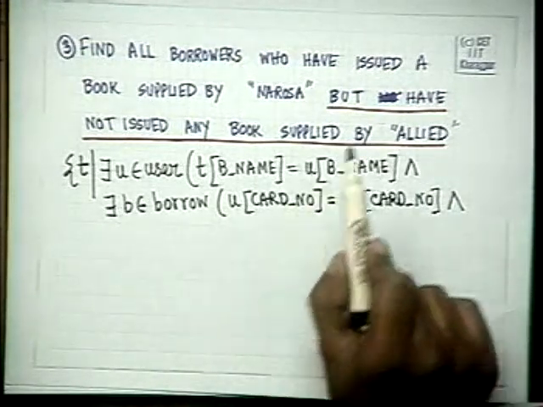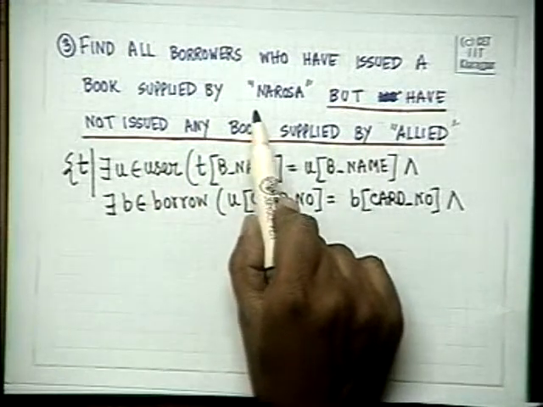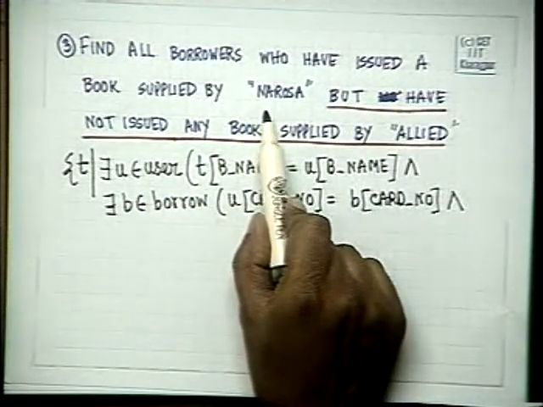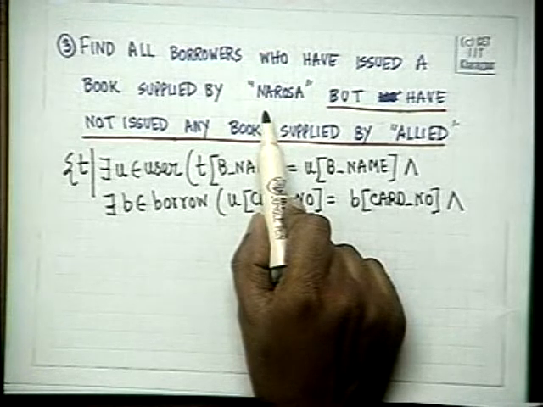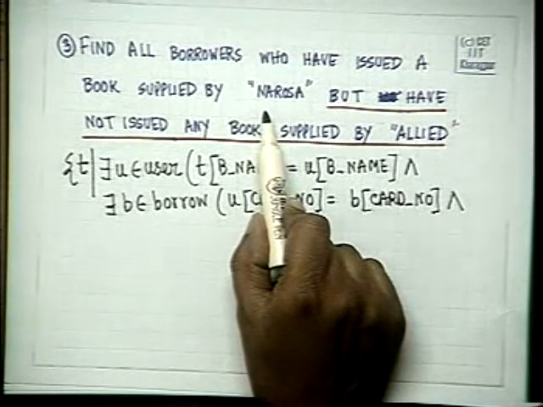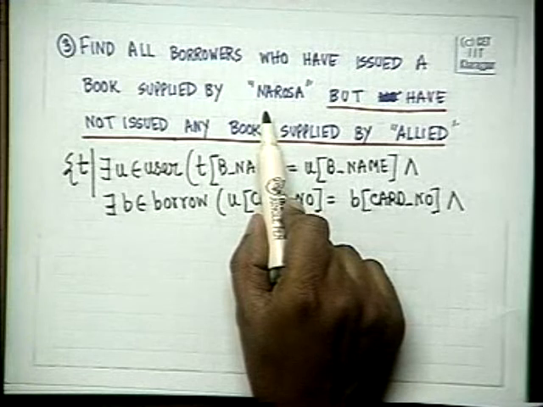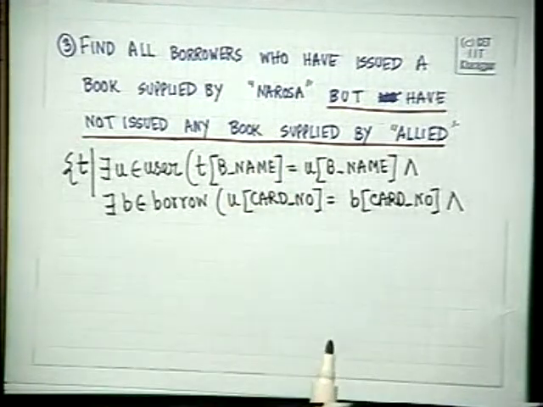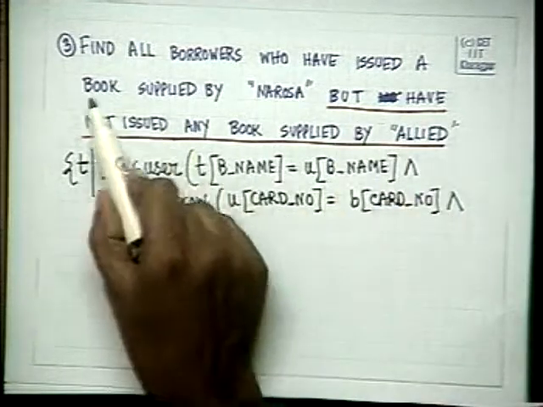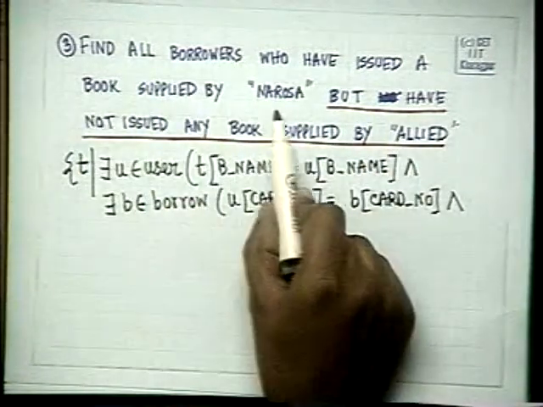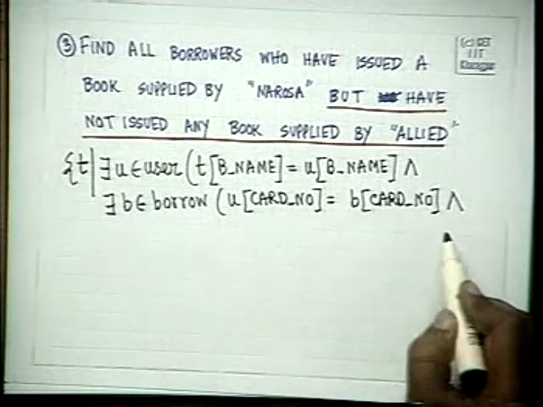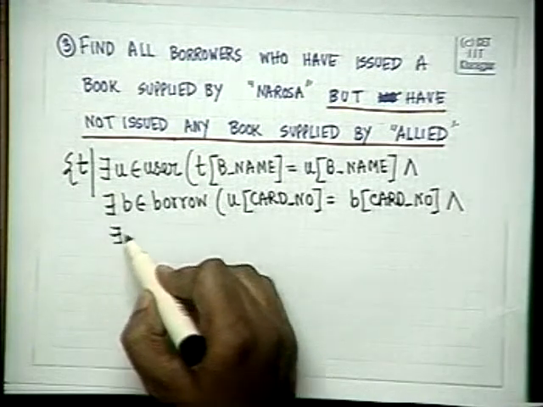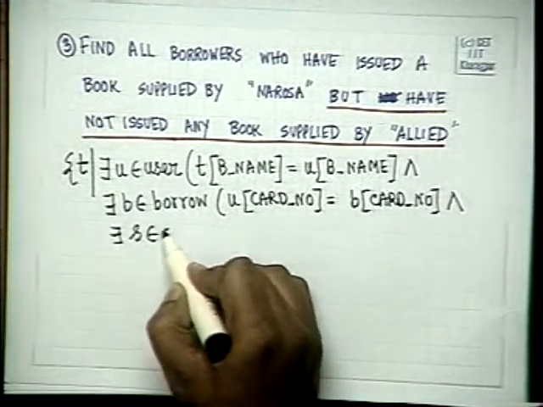Firstly, there must exist a supplier such that the book is supplied by Narosa, that is the first thing, and for all books which are so this is the first part. The first part is all borrowers who have issued a book supplied by Narosa. So, and there must exist S element of supplier